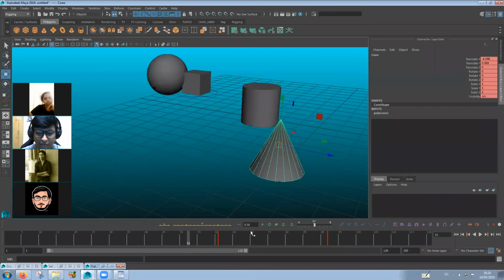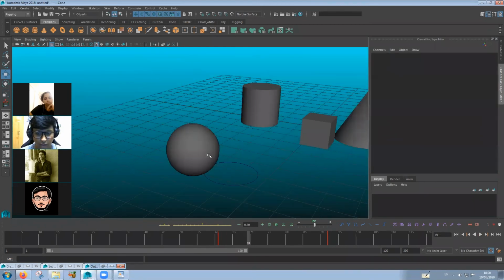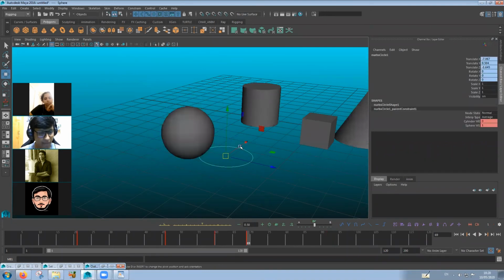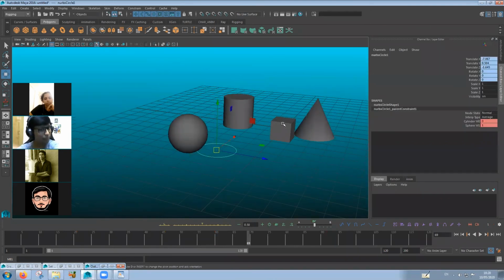This is what I was telling you. The sphere still controls this control over here, but since the child has been given another parent, this becomes redundant. So as much as you can, always try to constrain the parent to the object. Child comes later always, because then you will have control over the object at least for a little while.